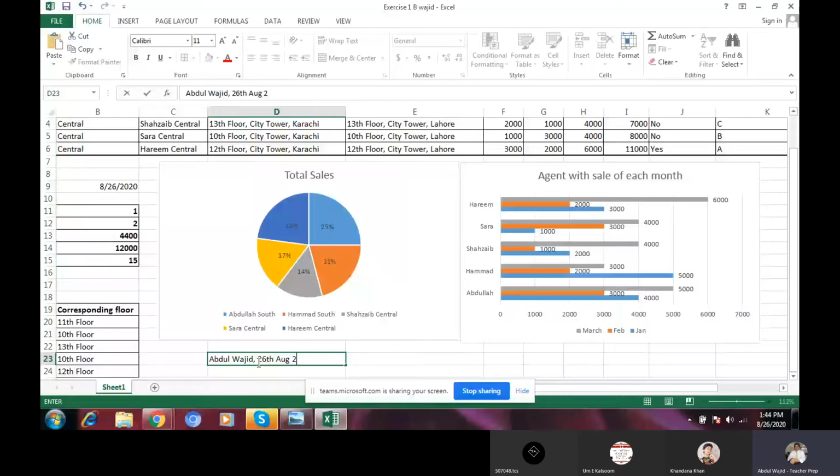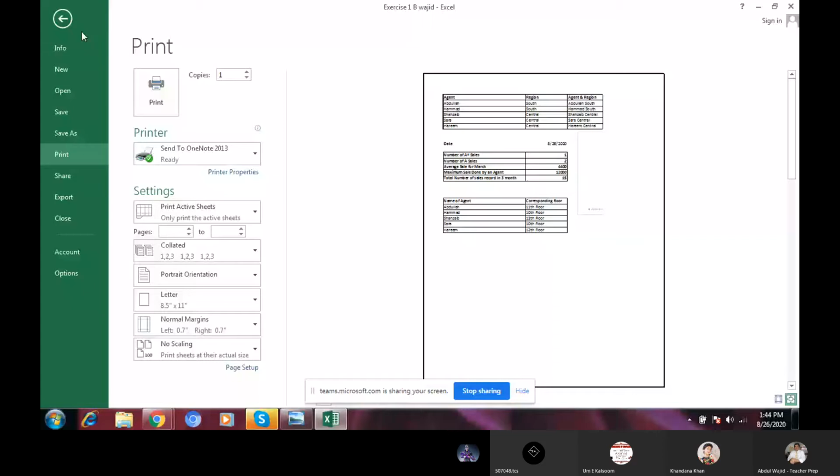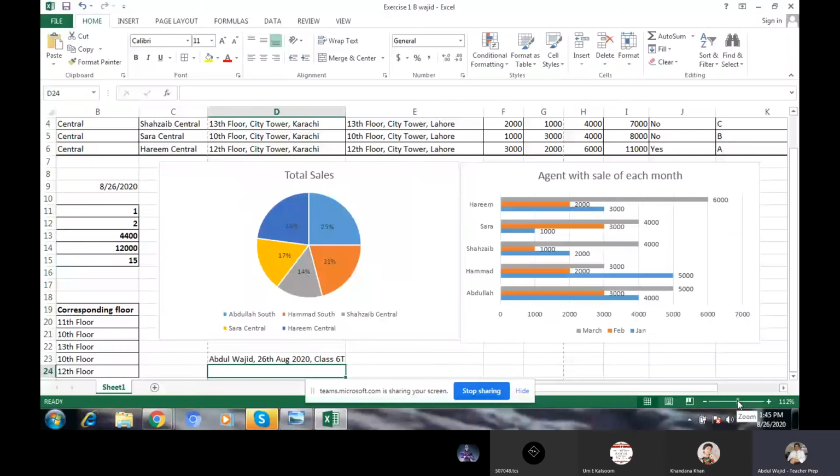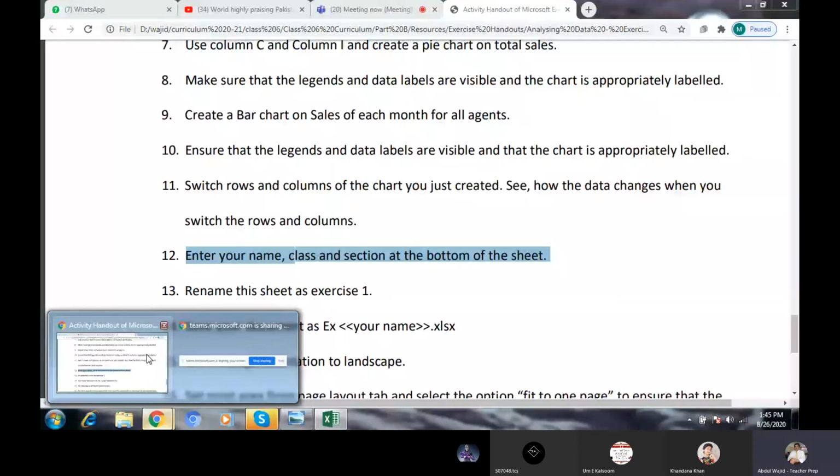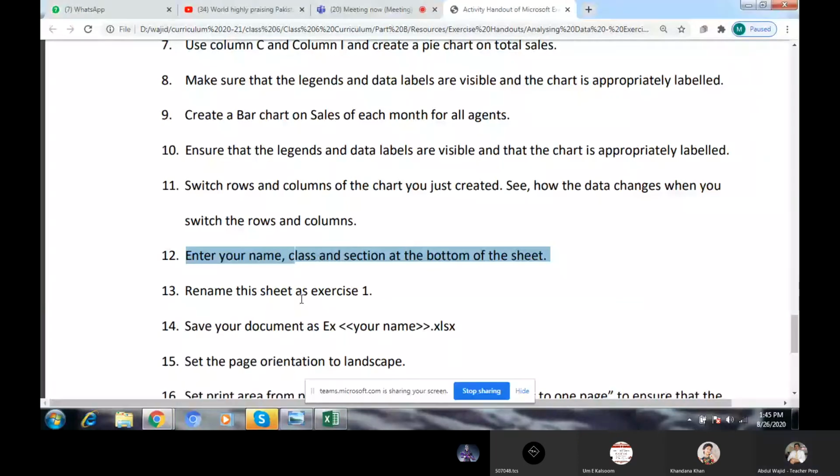Okay, now we want to go for that one. Friend, you want to check, it is half available here. Now we will go there again. We will set the page. Okay, first we will go there instruction, after that we will go and check that one. Okay, rename the sheet. This sheet is exercise 1.